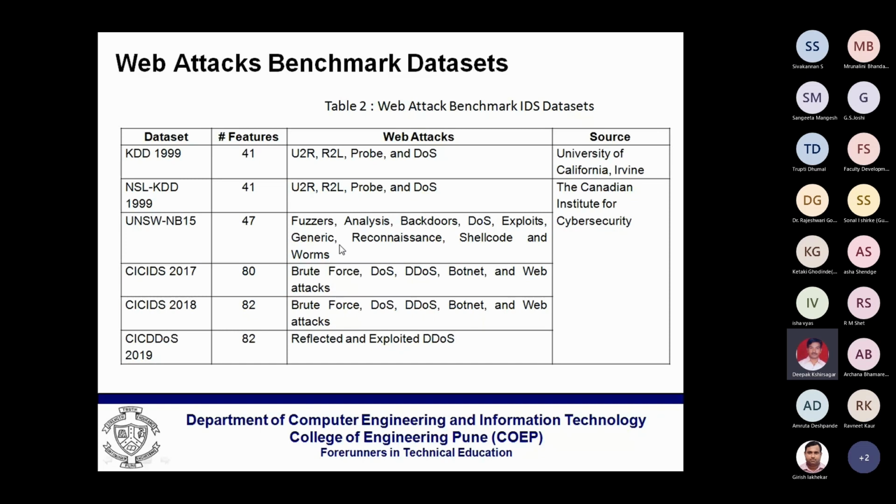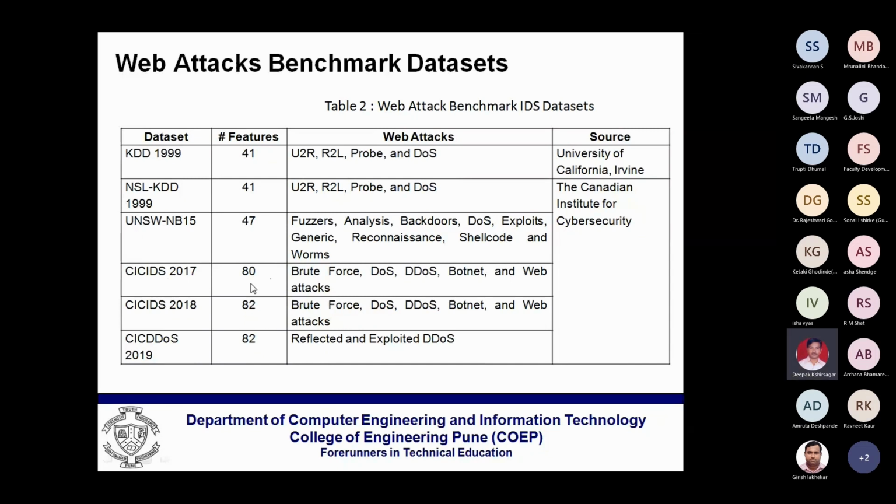So further, the Canadian Institute for Cybersecurity came up with a new dataset that consists of fuzzers, analysis, backdoor, DoS attack, exploits, shellcode, and worms. Further, in 2017 they came up with new types of attack like brute force, DoS, DDoS, botnet, and web attacks. Further, they added new network traffic features, and here you see in 2018 they have added two more network traffic features in capturing the traffic